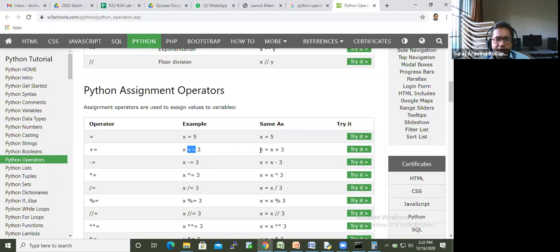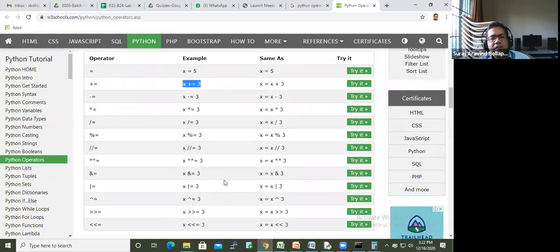So if you don't want X to be repeated, you can write like this. If it is a single character, it is okay, just the addition of one character. But sometimes this can be a big expression. You want to modify something in it, then this will be convenient. We will use all these things in our programming.